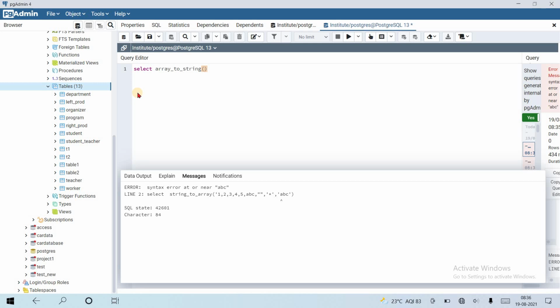So array to string, select array to string, the example is an array. Suppose any array with 1, comma 2, comma 3, comma 4, comma 5, and the optional string is like this.